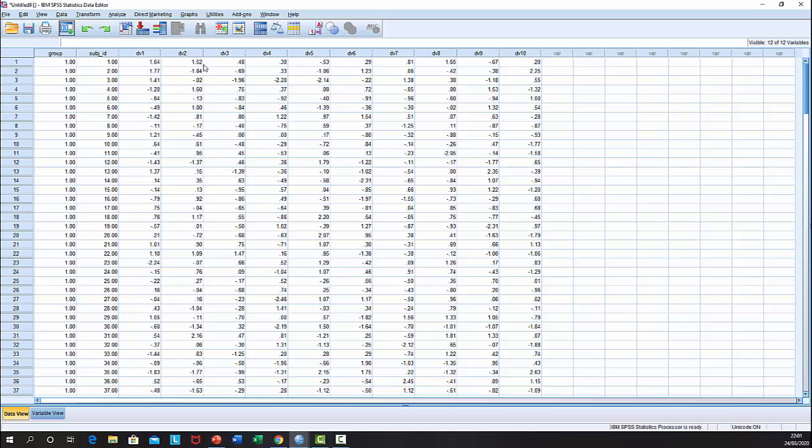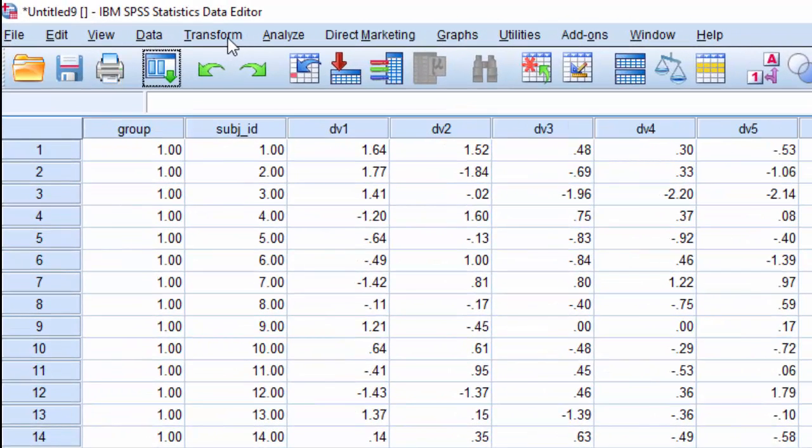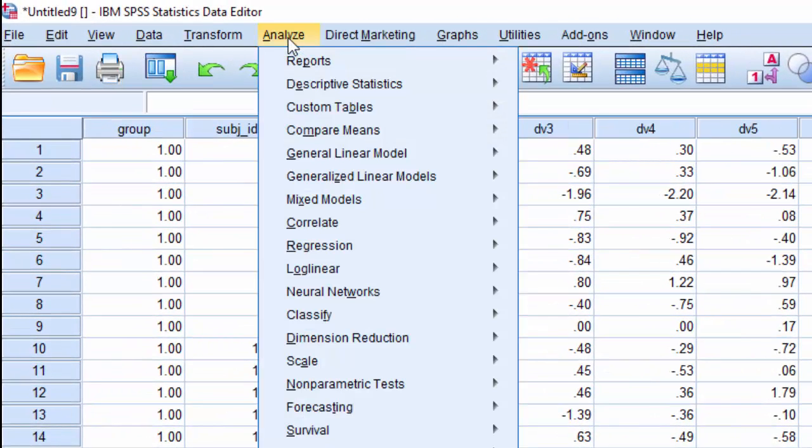And here we have our 10 DVs. Basically, we've simulated no difference between the groups. They all simulate from the same random number generation, so there'll be no difference here. So we can test this out by running a t-test on, in this case, our 10 variables. Let's just do that first. We're going to go to analyze, compare means,